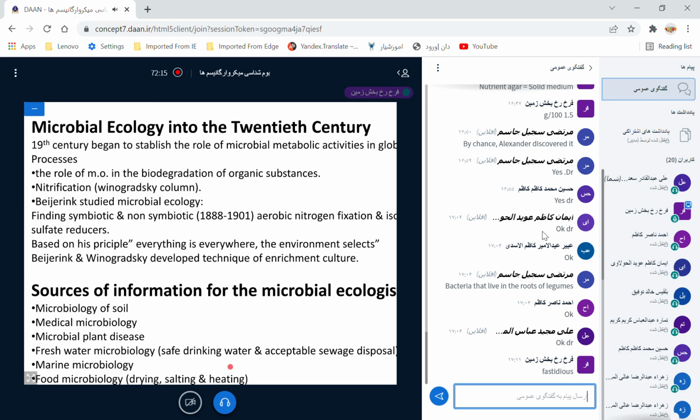When we understand, for example, canned food may contain Clostridium botulinum, we boil, we heat the canned food. So if we do something, we do it after knowledge, and knowledge is microbial ecology. When we know them, we have a program how to suppress them, how to stop them. Okay?